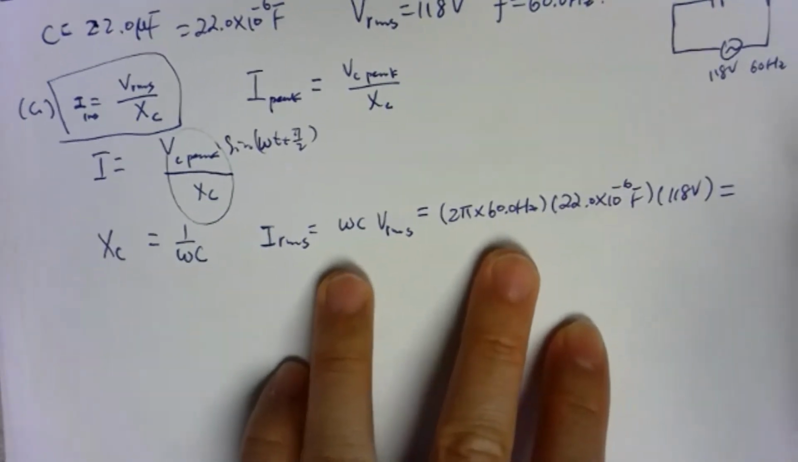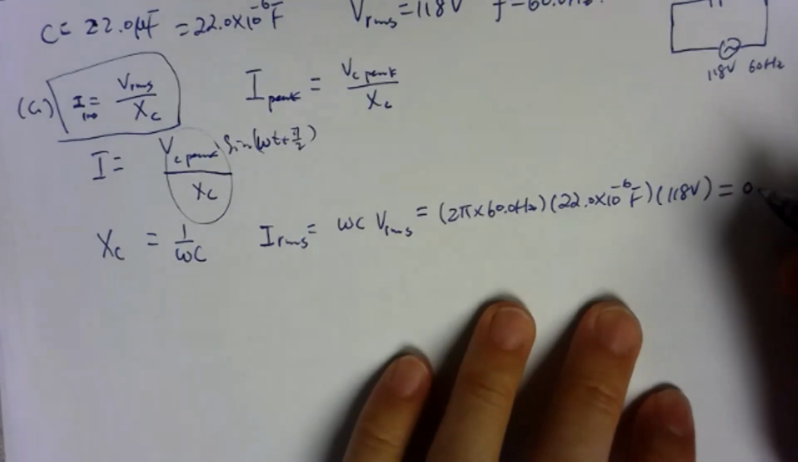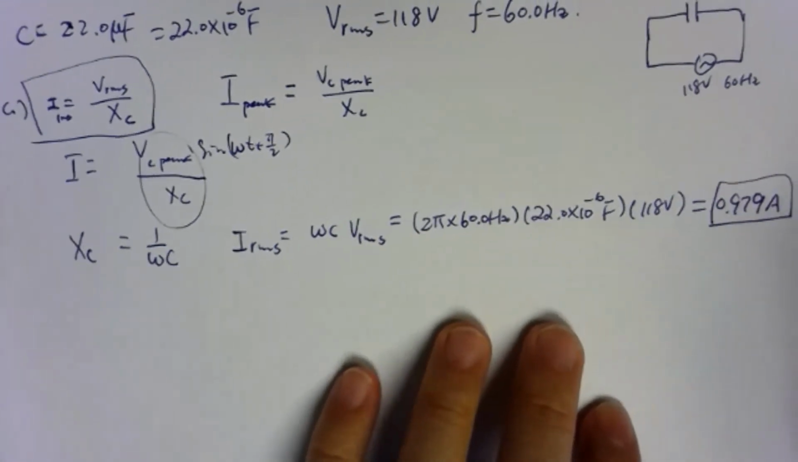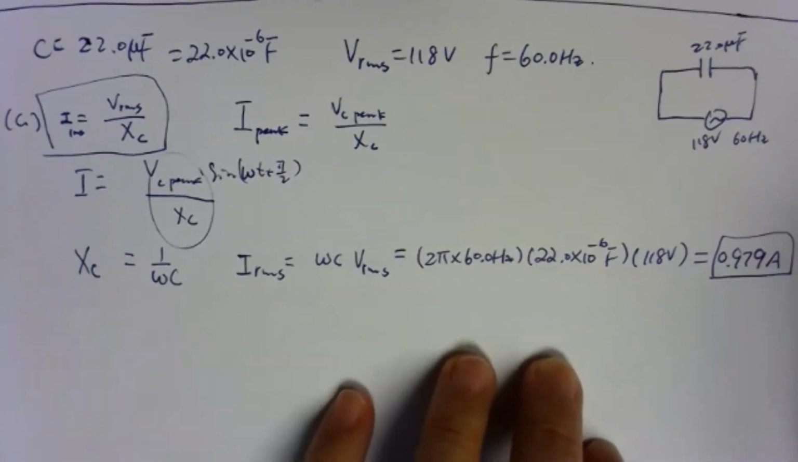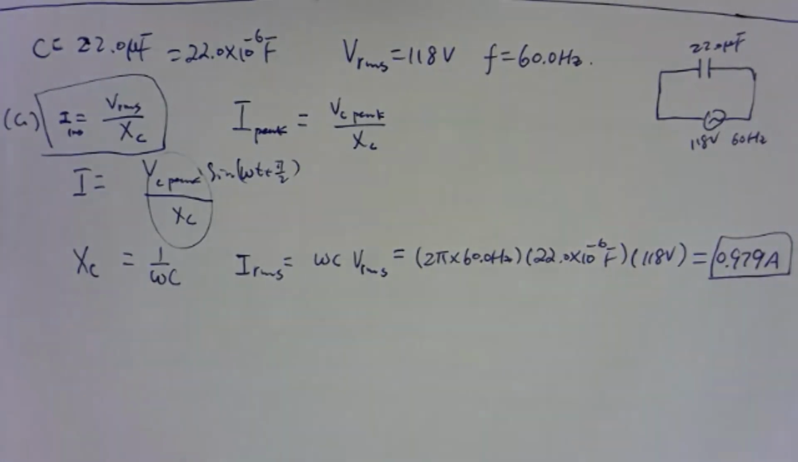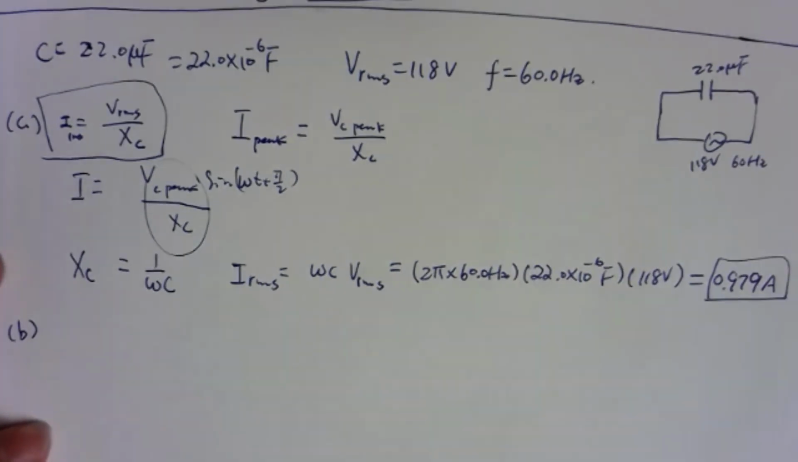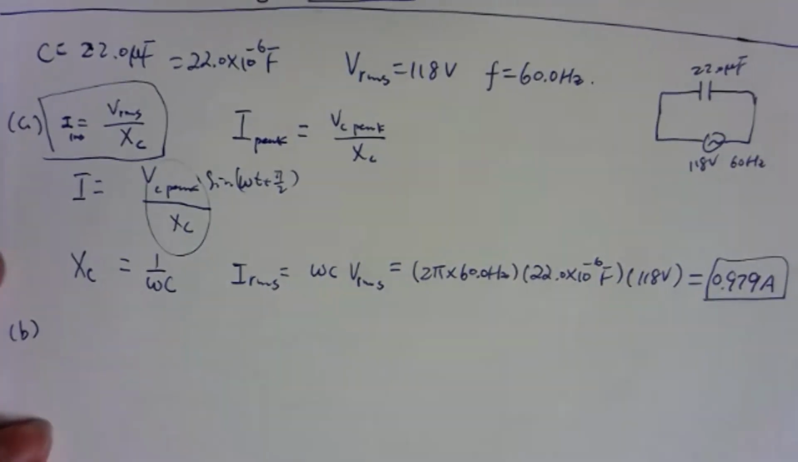Okay, so that gives you 0.97, 0.9 amps, about 0.98 amps. Okay. So for part B, it asks if you want to increase the RMS current, should you add a second capacitor